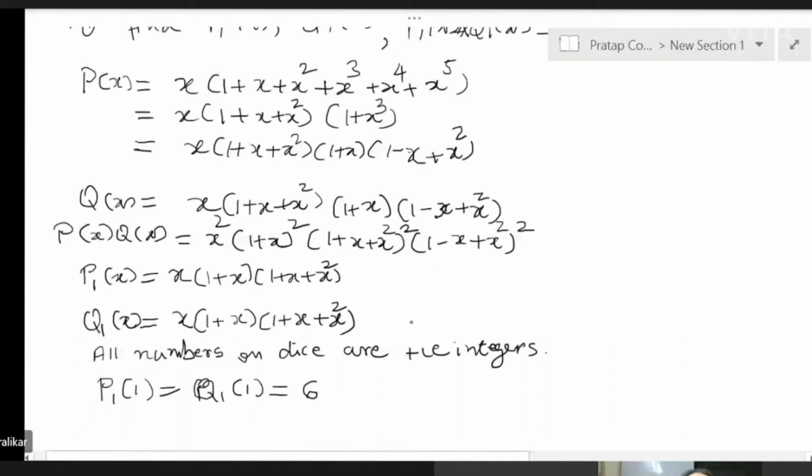See, we have already factorized there. Each factor comes exactly once. So if we put these two factors in P1 and Q1, we get P and Q only. We get the same polynomials as original. So to have a different pair of polynomials, what do we do? We put both the factors only in one, and we try to have P1(x) and Q1(x) like this. Let us see what happens.